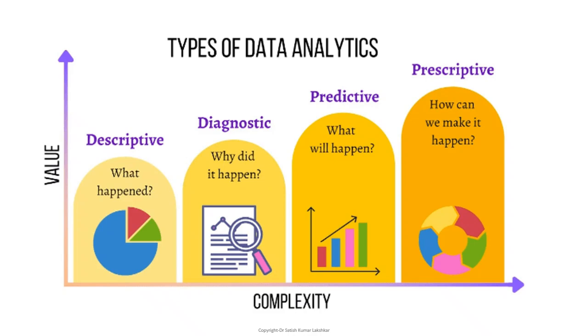Now, as we discussed in the previous slide, we noticed that there were four different important types of data analytics. First is descriptive, what happened. Second is diagnostic, why did it happen? It is like finding a diagnosis, analyzing why something has happened. For example, a patient visits a doctor, and the doctor tries to find out the reasons for any disease or problem the patient has, why something has happened. So this is diagnostic analytics.